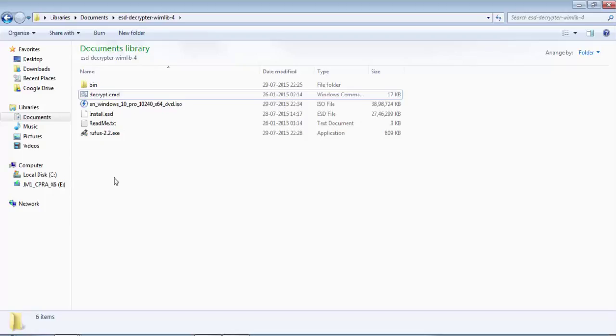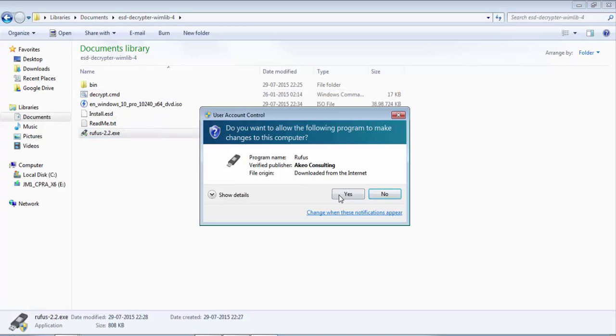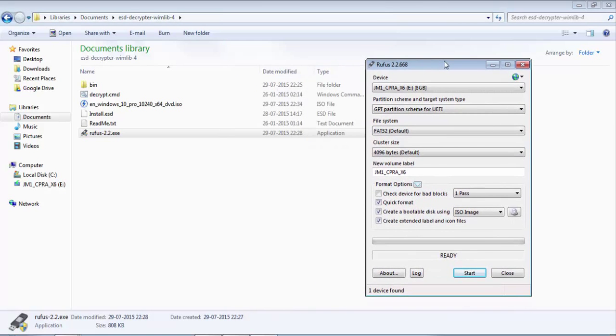So now I will be telling the next step to use Rufus to create a Windows 10 bootable. So right click on Rufus, click on run as administrator. Now here are the important options that you have to take care of. This is the drive that will be formatted, and GPT partition.